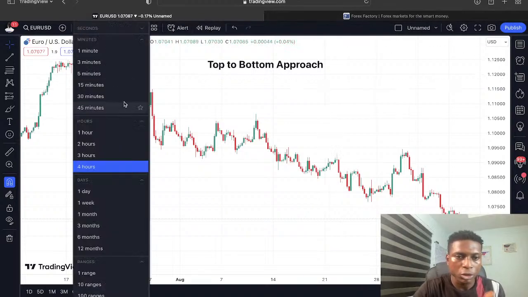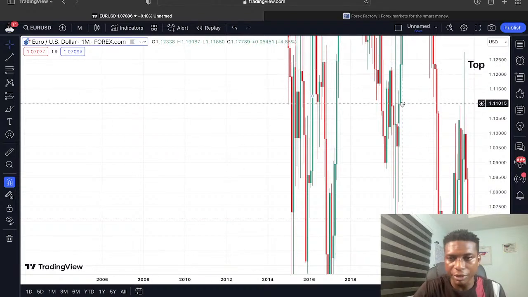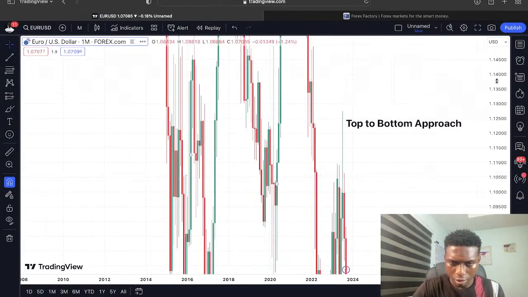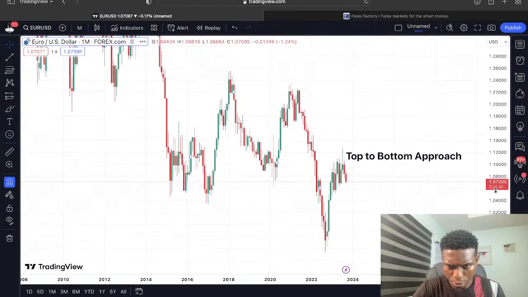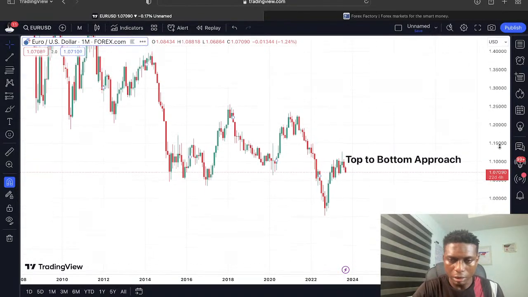So with the top to bottom approach, we start from the highest time frame. So here we are on the monthly time frame. Let's make a little adjustment so it can be bolder. Okay, here we are on the